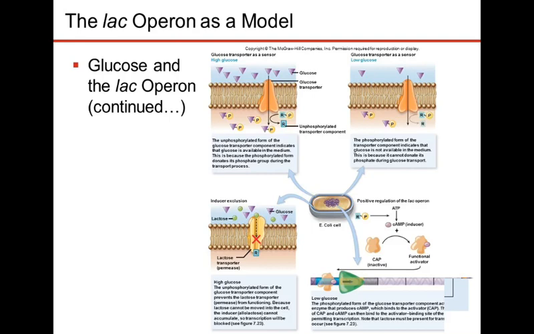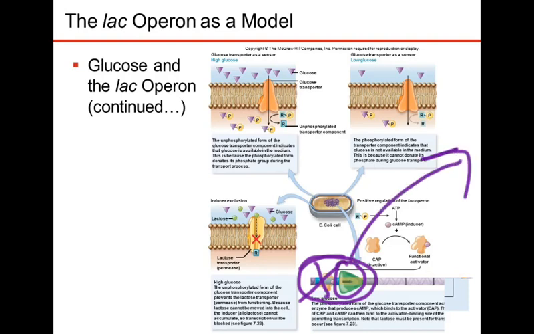Check out this promoter. This promoter requires this interaction. It requires the CAP protein to bind there. Why does it require it to bind there? Back a couple slides, remember I told you if the CAP protein is not there, RNA polymerase can't bind and it'll just fall off. It won't associate strongly and transcription won't happen. That's what happens when glucose is high and lactose is high. In that first scenario we talked about, transcription doesn't happen because RNA polymerase can't bind tightly to that particular promoter.